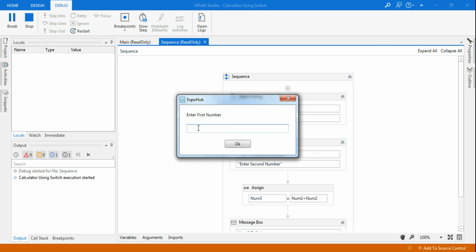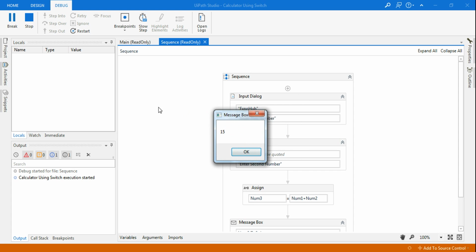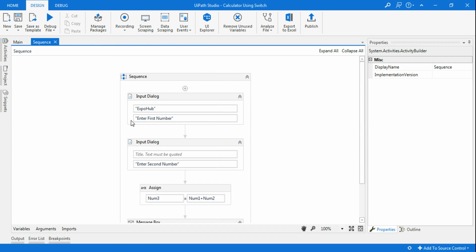Okay, asking for the first number, let me say 10. Asking for the second number, let me say 5, and it is giving the sum. Okay, the same example, what we will do, we are going to design